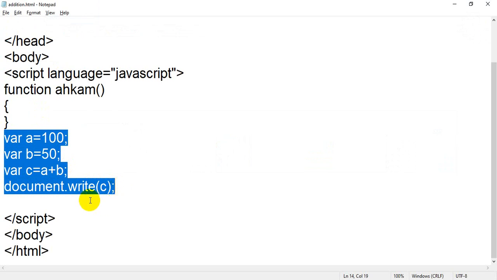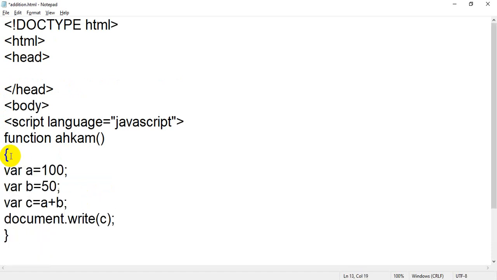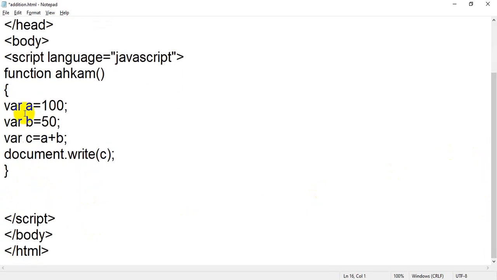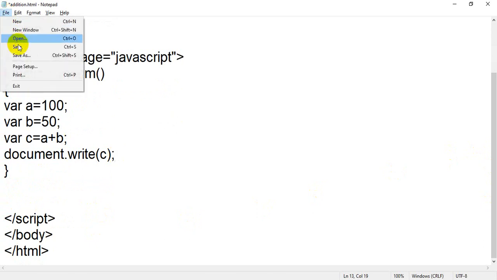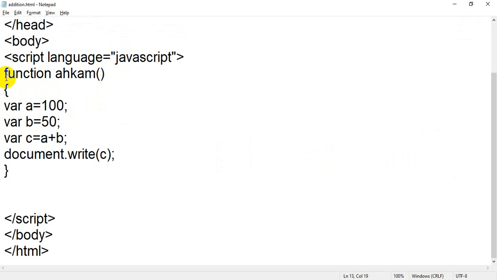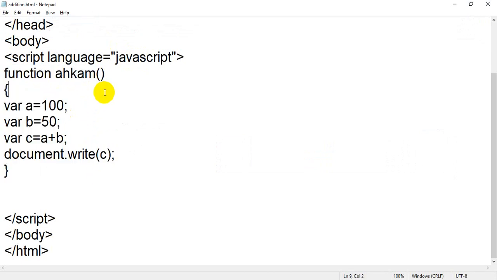But when you put the same thing, let me cut it and put it inside the function, the same thing I have cut from here to inside the function. Now the same line of code is inside the function, and when you save it, you will not get the result. Let me refresh it. The output has disappeared. You will not get anything. Why? Because you need to call this function. If you want to use the functionality of this function, you have to call it, because it is a user defined function.